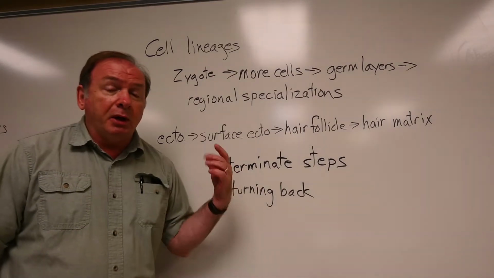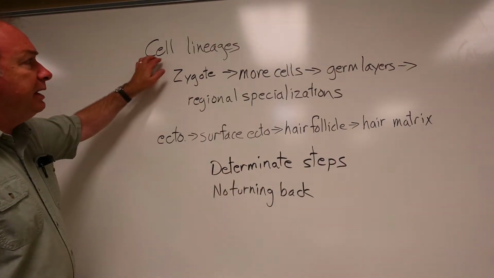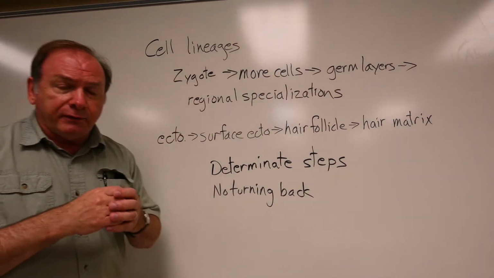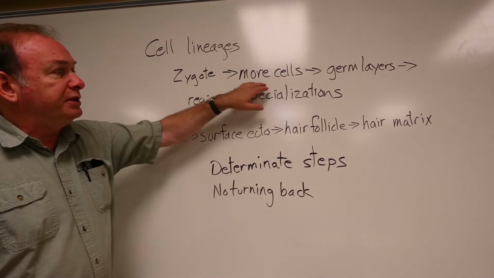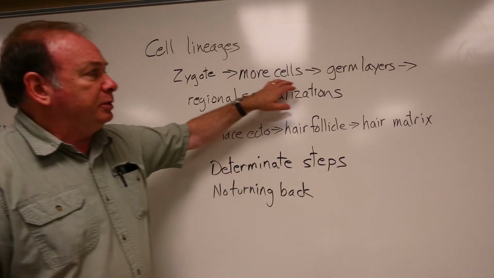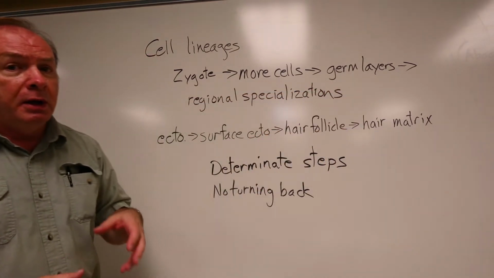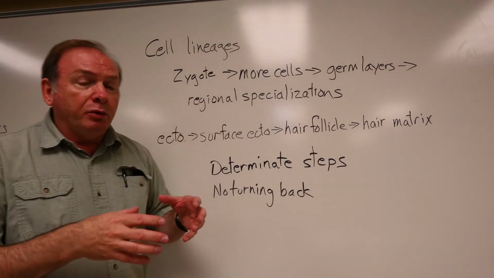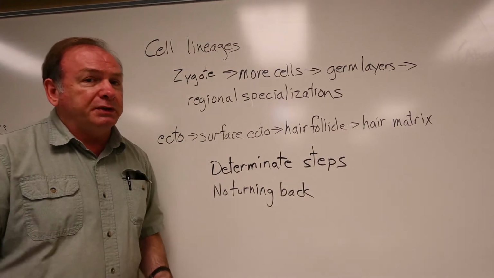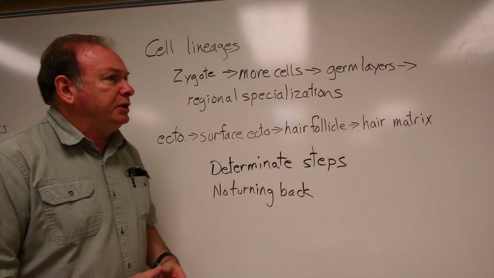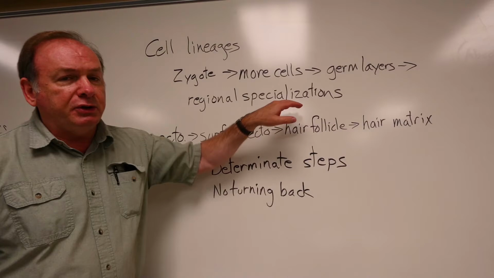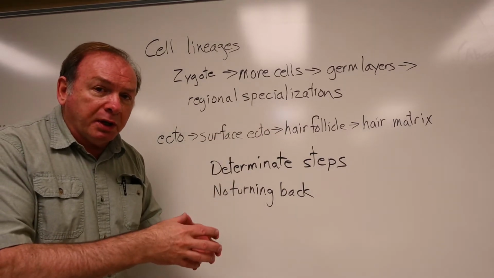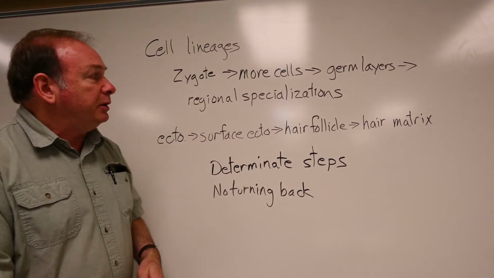The next concept I want to introduce is cell lineage. So we start with the zygote. Our first cell, it divides, we get more and more cells. As we get more cells, we eventually get the germ layers to form, the endoderm, ectoderm, and mesoderm. And then those regions form more specific types of tissues. So you have the regional specializations. So cells in one part are becoming one kind of structure, and cells in another part become another type of